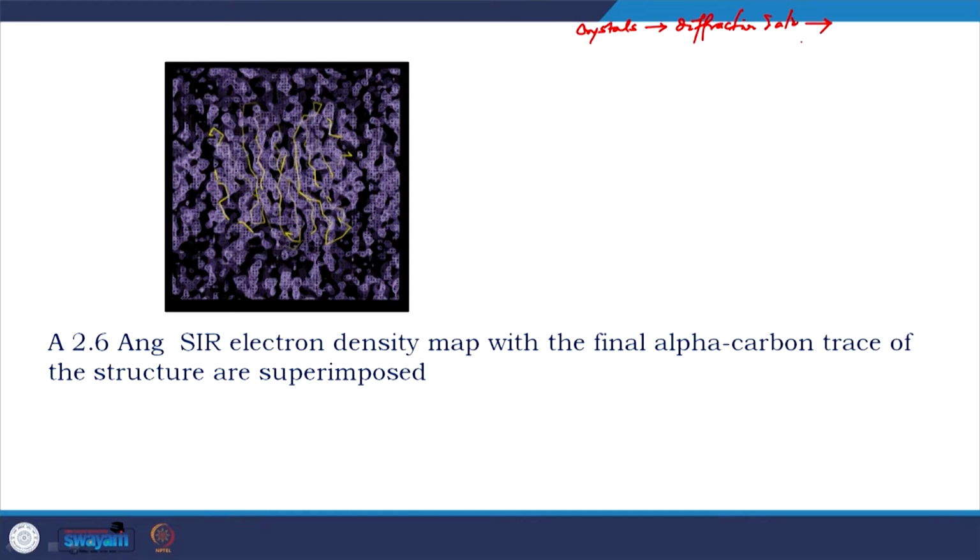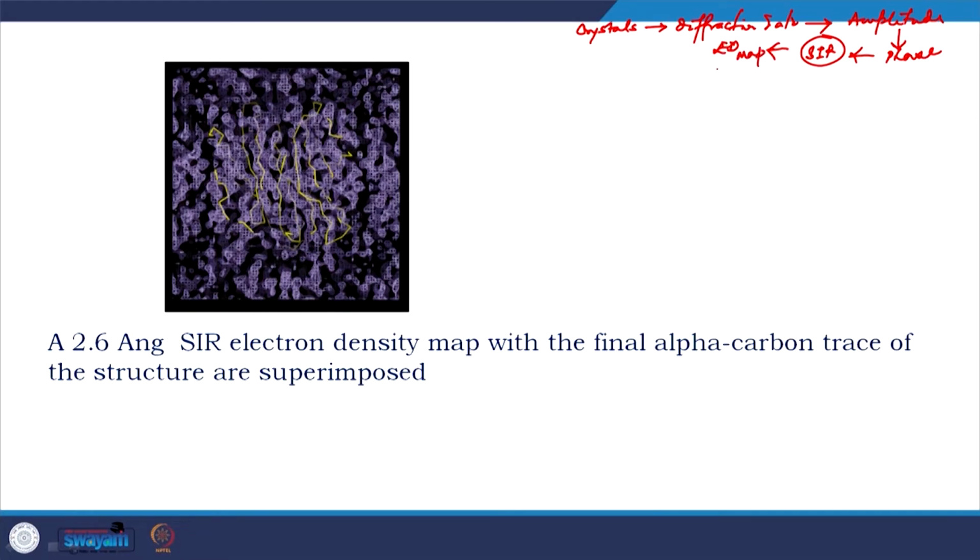Now, we try to solve it, we got amplitude, but we did not get what? The phase. Now, we are putting single isomorphous replacement and we get the ED map, electron density map,